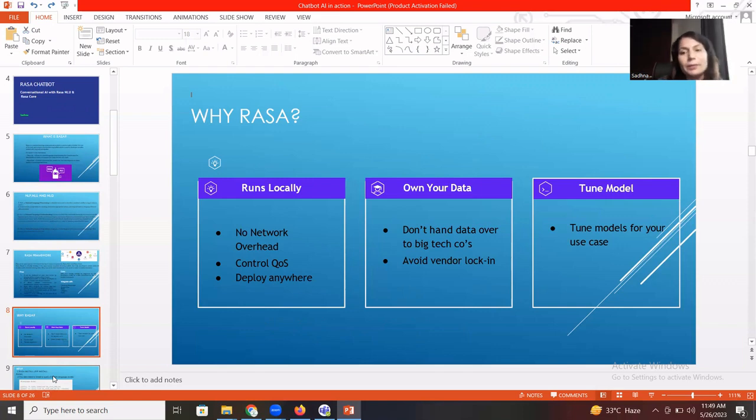So we now have a bit of understanding of Rasa. Now we will learn by doing. The first very important thing is to get our system ready to use Rasa, so we will discuss the environment setup. We will see how to set up Rasa on your system in our next video.